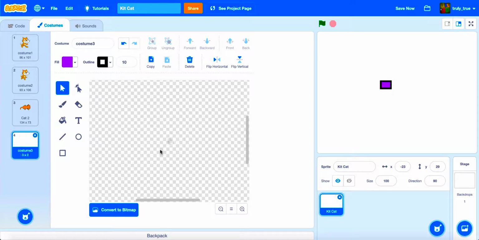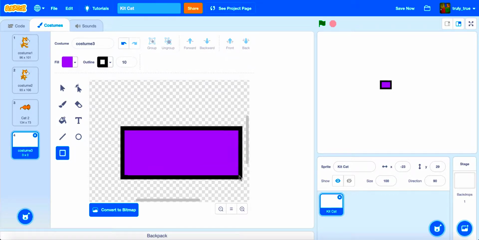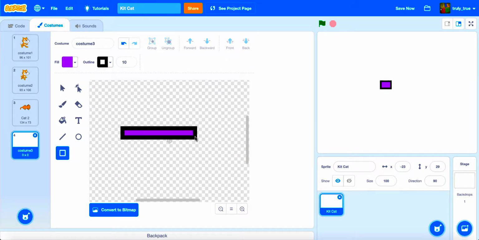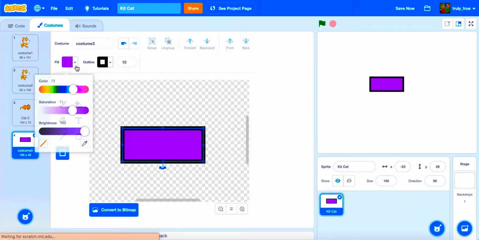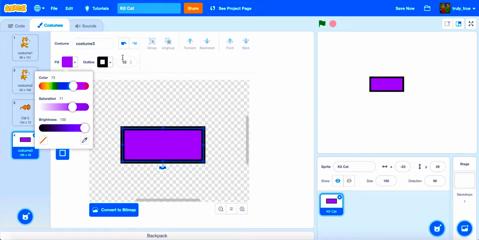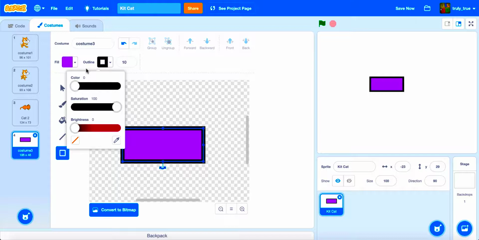Now, to put in simpler terms everything we just learned, you can click this button to create a rectangle. And once you've clicked it, click and drag anywhere on this little canvas area. And then let go, and your rectangle's there. Once it's selected, you can click this little drop down underneath fill and underneath outline to change the color of